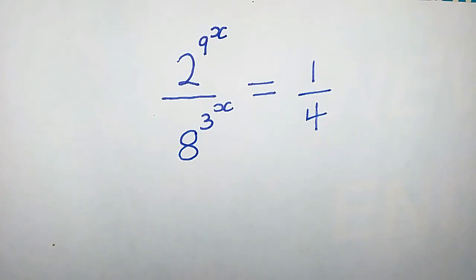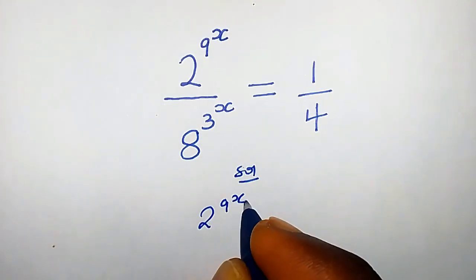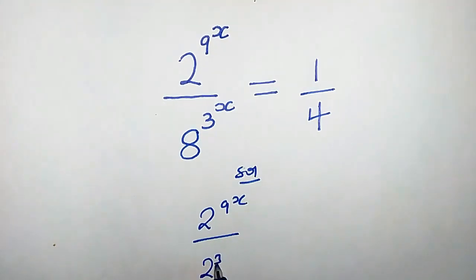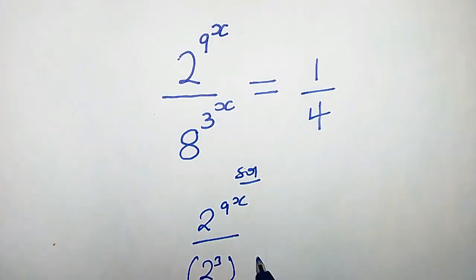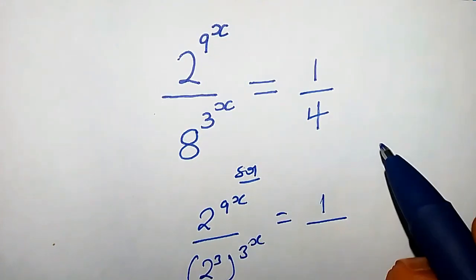How do we solve this nice exponential equation? We have 2 raised to power 9 raised to power x over 8, and 8 can be written as 2 raised to power 3. So we have times 3 raised to power x, which is equal to 1 over 4. We can write